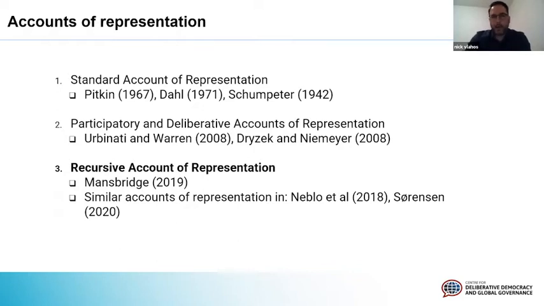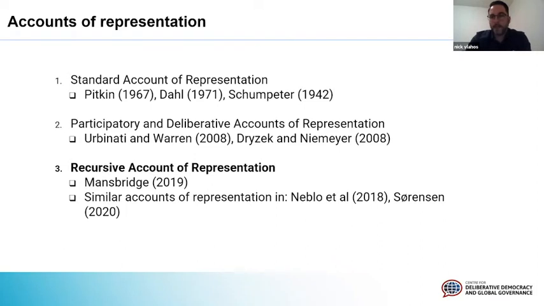Now, of course, there have been other theoretical accounts that have challenged this notion through participatory and deliberative accounts of representation. We have here from our own center, discursive representation. We have other forms of self-authorized representation. And we can think about different ways that democratic representation is not only represented by that connection between constituents and elected officials, but also amongst themselves. This can be thought about in terms of social movements and deliberative mini publics